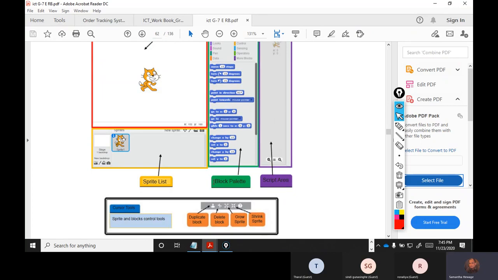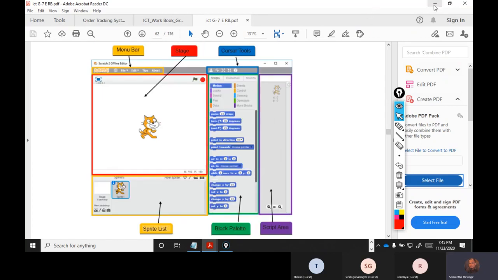Block palette and script area, right? Next one we have,